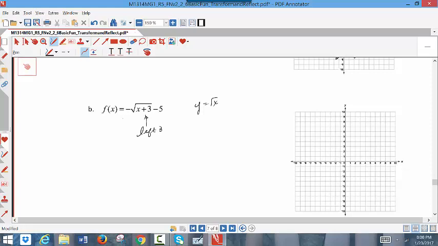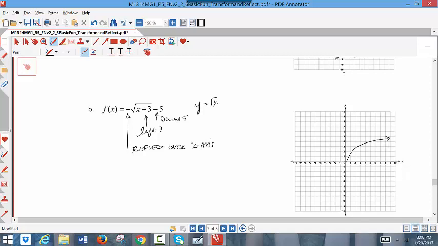The negative in the front, now there's no vertical stretching or shrinking here. That negative is going to tell you to reflect it over the x-axis. The -5, the number on the outside end, is going to tell you up or down, and this one will be down 5 units. So if I sketch something that looks like y equals the square root of x,